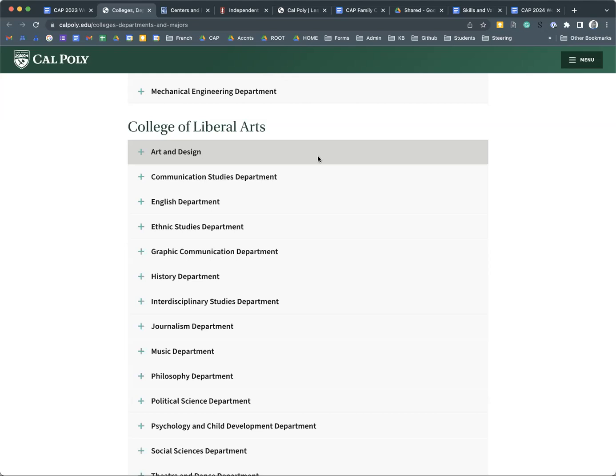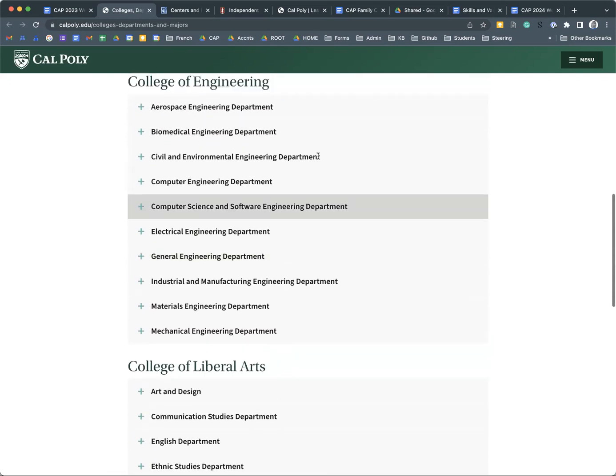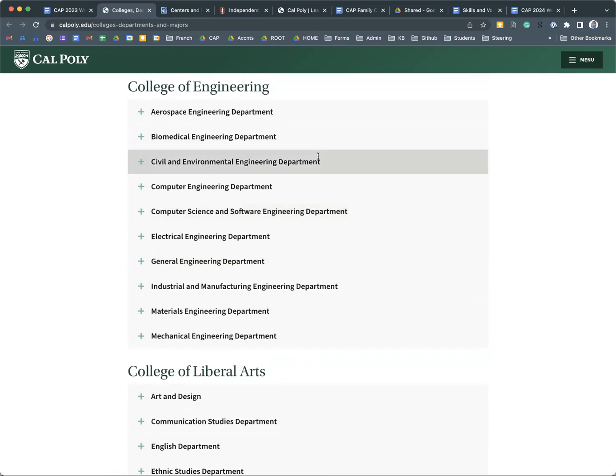So for example, when you fill out your USC application, you're going to be selecting Viterbi for engineering, and it'll have the major electrical engineering next to it. Or you'll be choosing the liberal arts college, and that'll have English or philosophy next to it. And the same thing for the UCs. They're often listed by the college and by the major. So one of the things you're doing is coming in and making sure, does the college have my major, right?